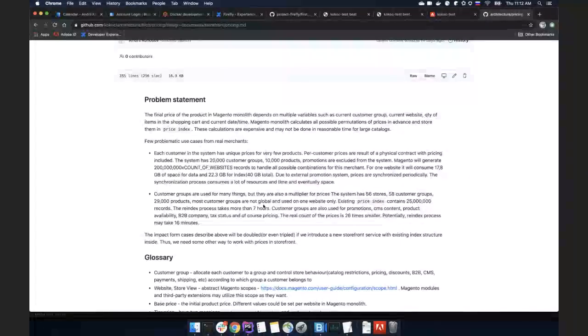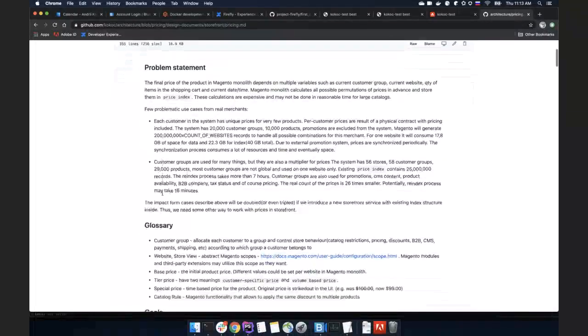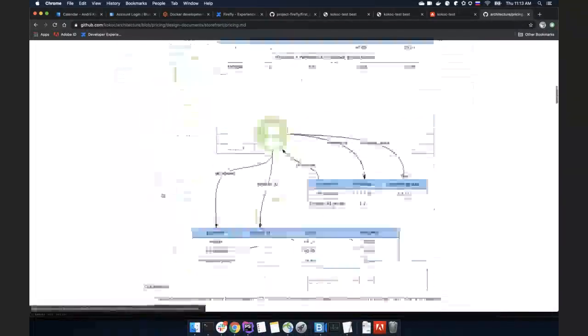For example, those custom prices may be a result of a physical contract with other companies, and usually the physical contract doesn't affect the whole catalog of the store. So this is one more opportunity to reduce the size of the index, and that's why we